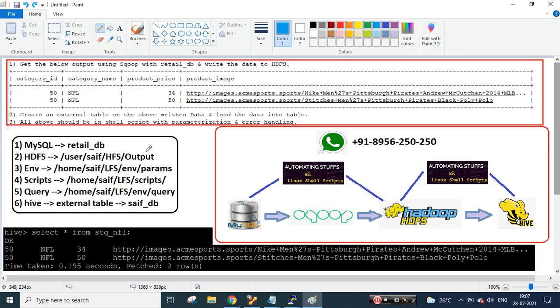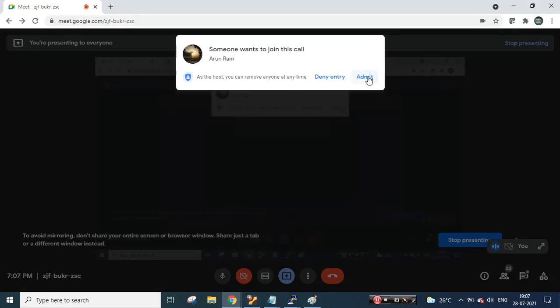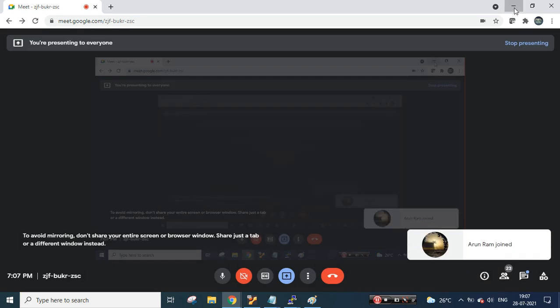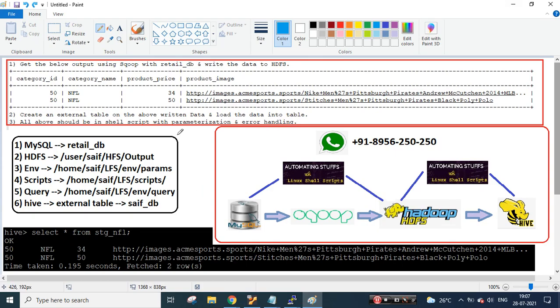So here, if you see, there are different folders which I have created, where different files are kept. As of now, no need to worry what is there, what is not there. That's not a task for you. It's just for highlighting.